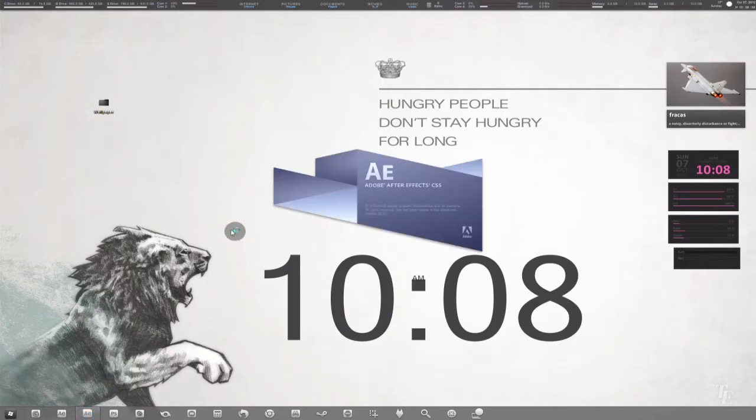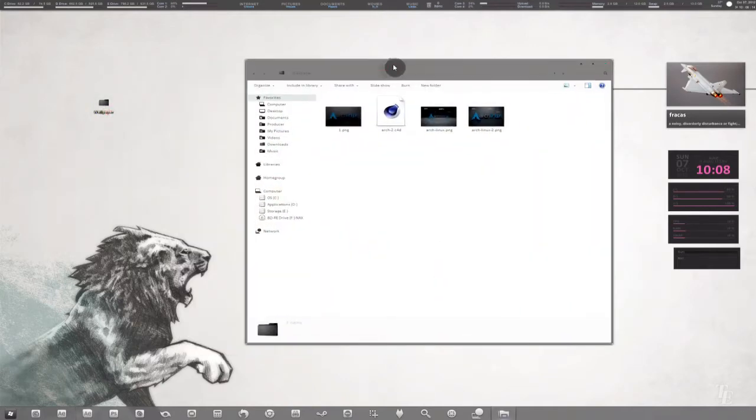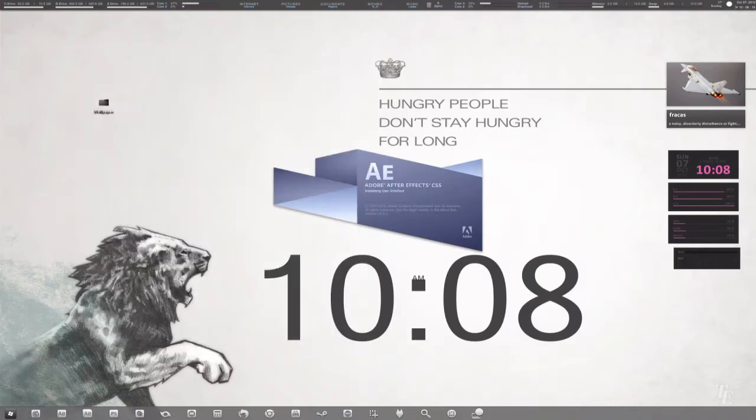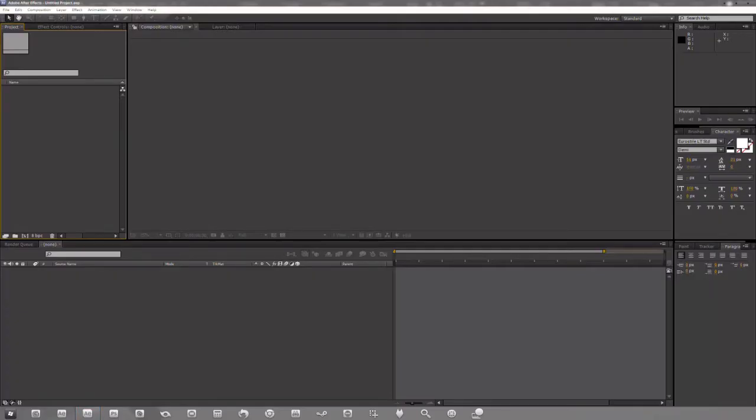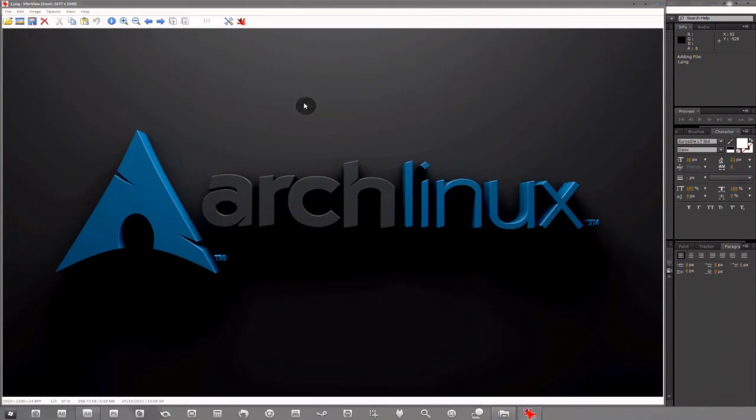I have CS5 in this case. Doesn't matter which version you have. They all do the same thing at the end of the day, but yeah, we're not going to be using any plugins, so well, hardly any plugins, so it doesn't really matter what version you have. Okay, so we've had our render from our Cinema 4D